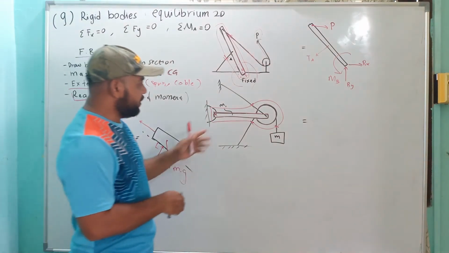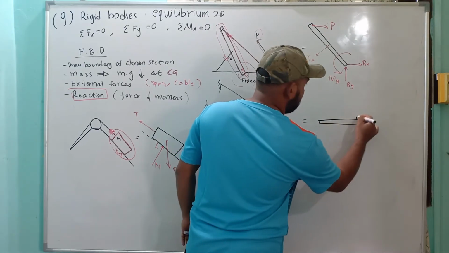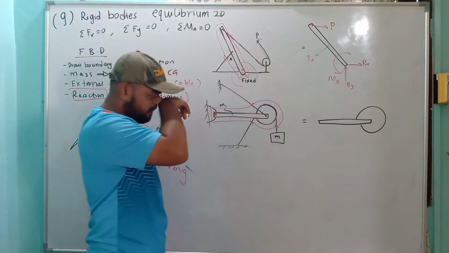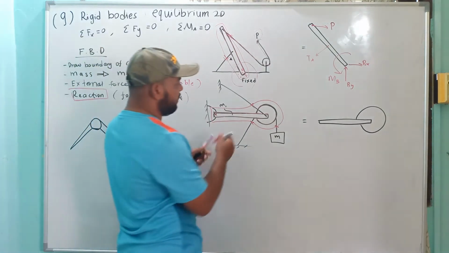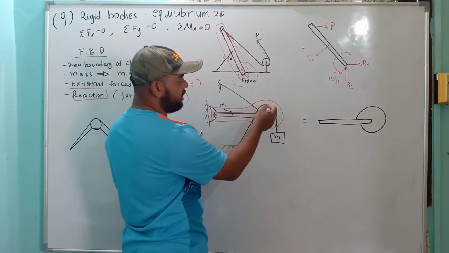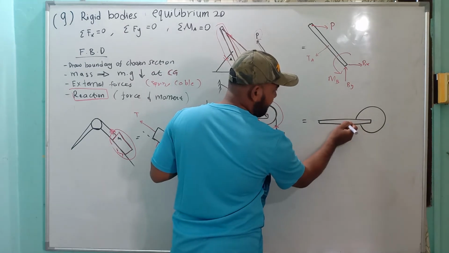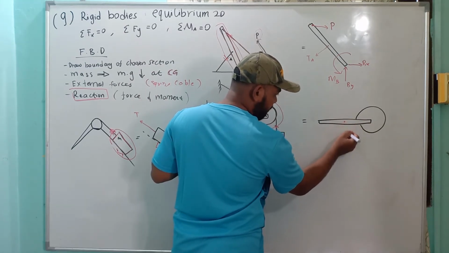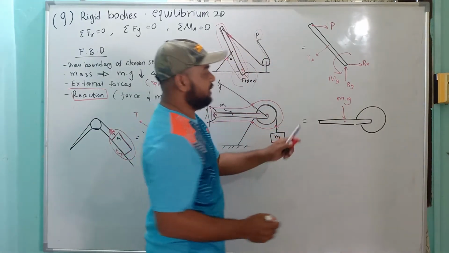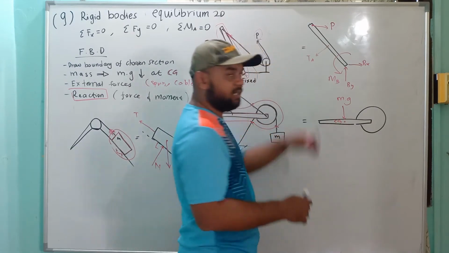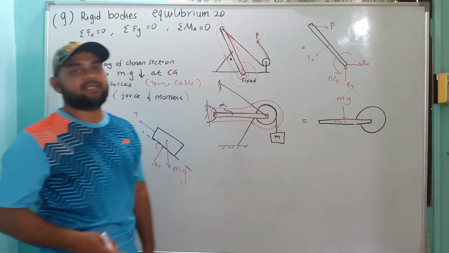So then, we draw the chosen section, so we draw the component itself. That is the component. Okay, and then this component has mass, we put the mass. Only for this part we have the mass. This one didn't state any mass here, so you ignore it. So this mass should be right here in the middle. Downward, you can draw downward here or up to this one, mg. It doesn't matter where you draw, as long as this is the center of gravity, downward, it is here or down here, it doesn't matter. Okay, you have the same effects.